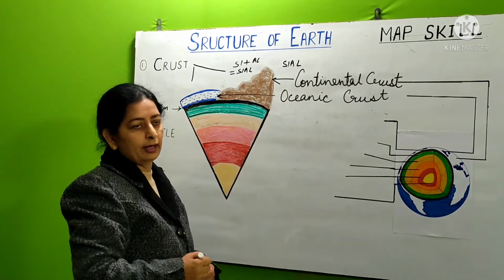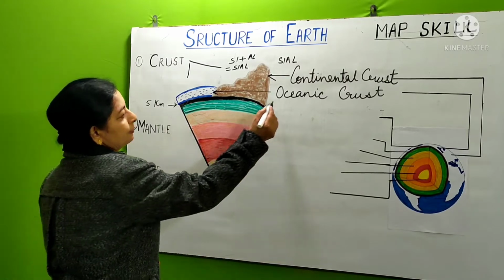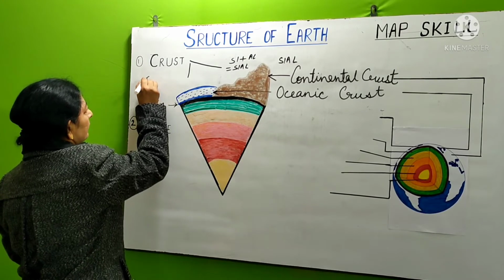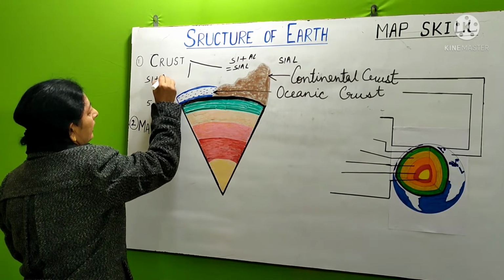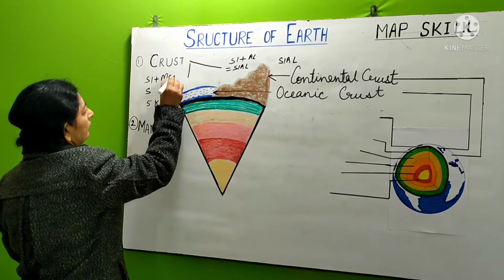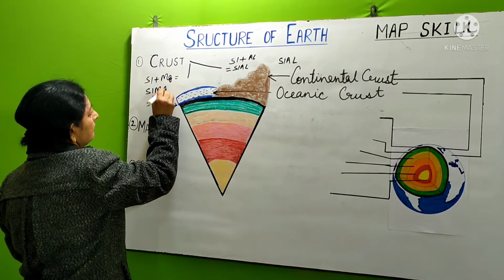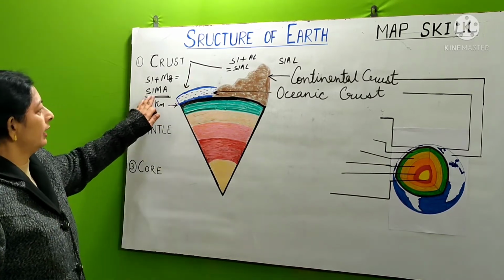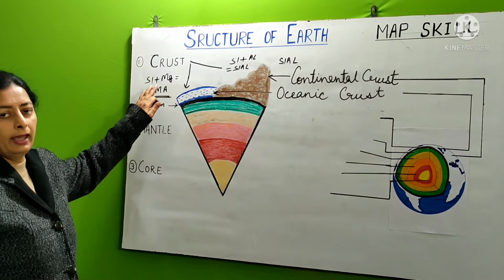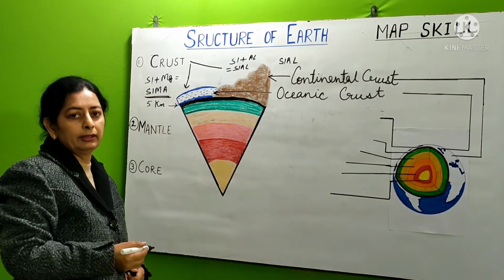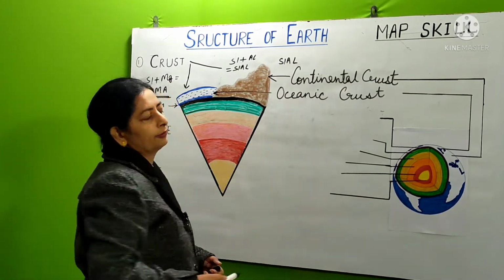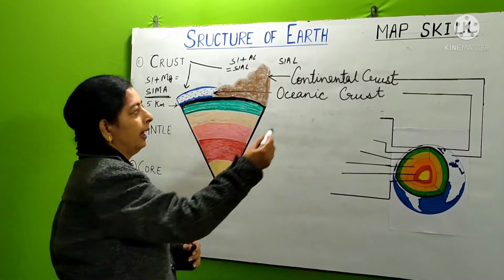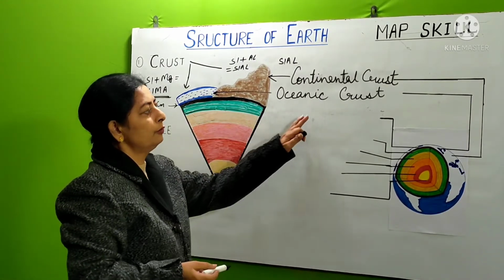over the oceanic crust. This oceanic crust is made up of a bit heavier metals, that is the rocks contain metals like silica and magnesium. So this layer is called as Sima. The oceanic crust is also known as Sima because of the minerals silica and magnesium which are found in abundance in oceanic crust, and here in continental crust, Sial. This is the reason that oceanic crust is in the lower half and continental crust floats over the oceanic crust.